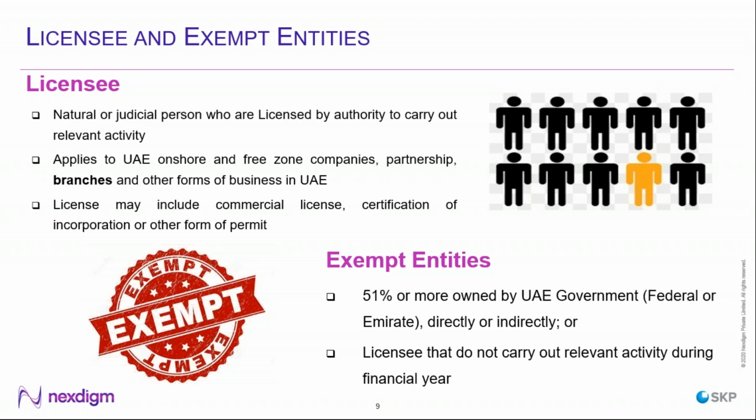The exemption category is very specific or very limited to only those entities which are 51% or more owned by the UAE government. So the government undertakings or the government holding companies are as such exempted. Although what I understand is that even those entities which are controlled more than 51% still need to do a notification compliance, and they are not completely exempted. Although they may not be required to file a detailed economic substance report, they still need to do a notification,